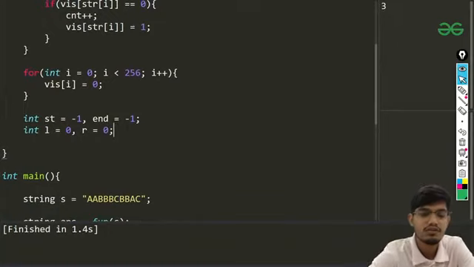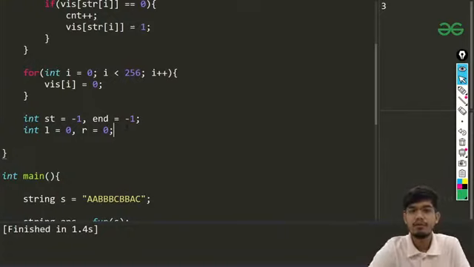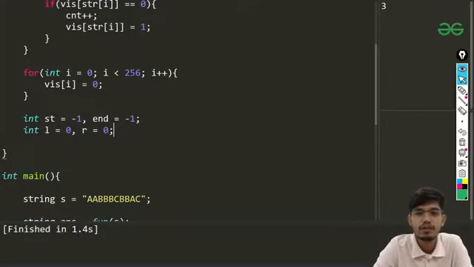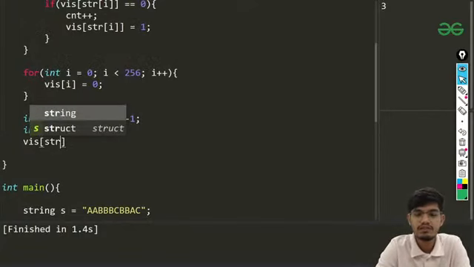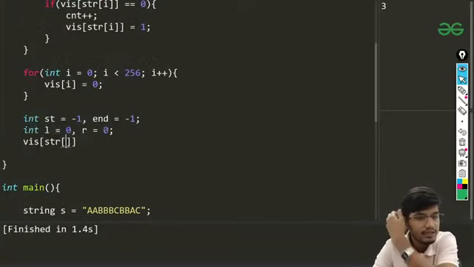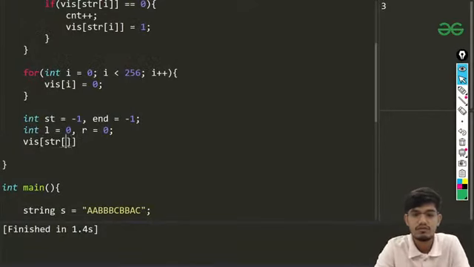Now we have this L equals to 0 and right equals to 0, which means it is giving us the starting and end pointer for our 2-pointer approach. Okay, so first thing is that we'll be just pushing the first elements. So I'll be writing str of 0, not O. So first I'll be doing that and I'll be marking that as 1 in my visited array.